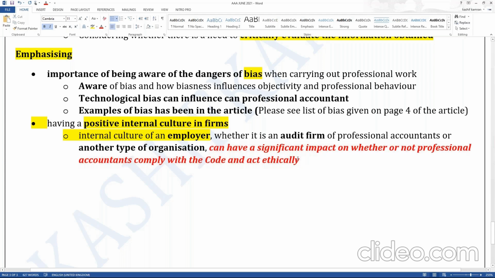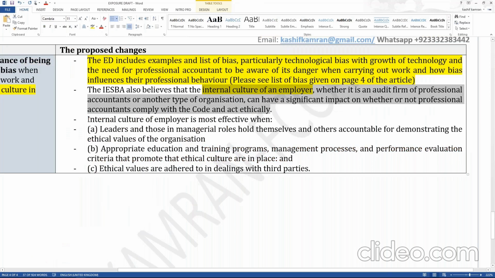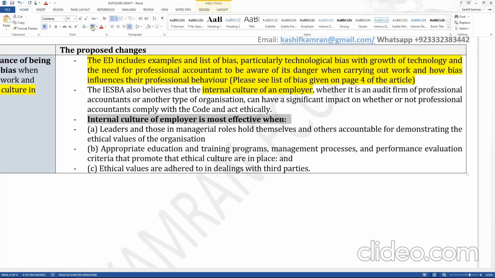Let's see what is the definition of a culture used by the code of conduct. Let's see the definition of culture. You go back to the summary and look at the culture. Internal culture of an employer is most effective when? When is the internal culture of an employer effective? So the internal culture of an employer is most effective when